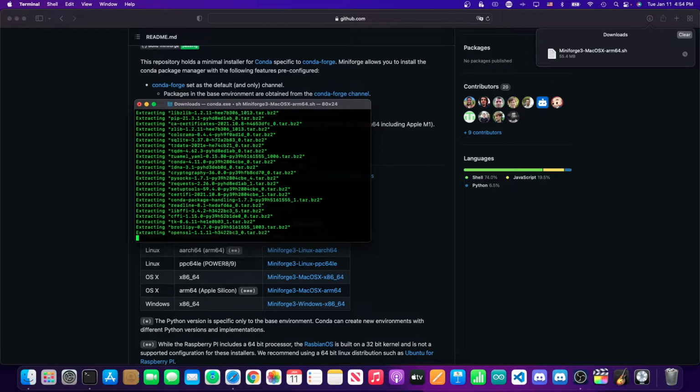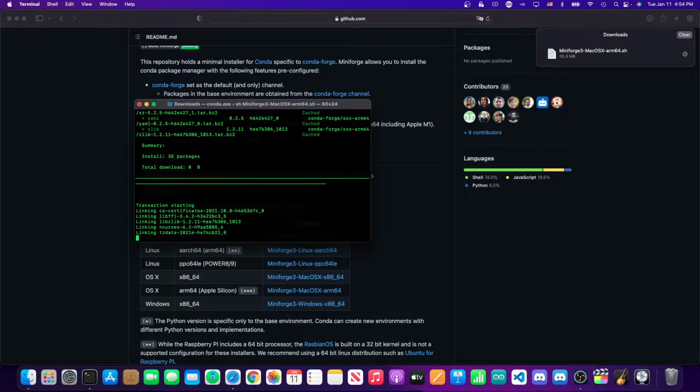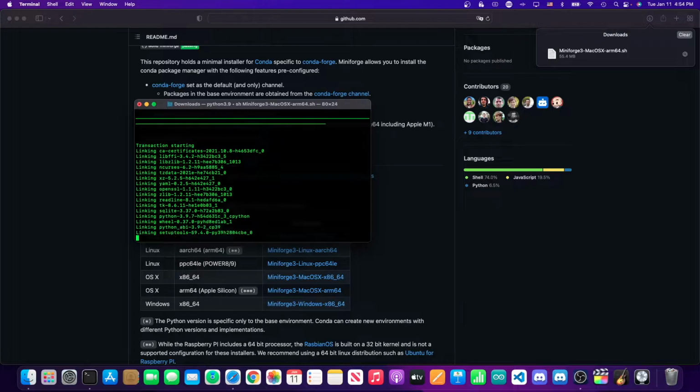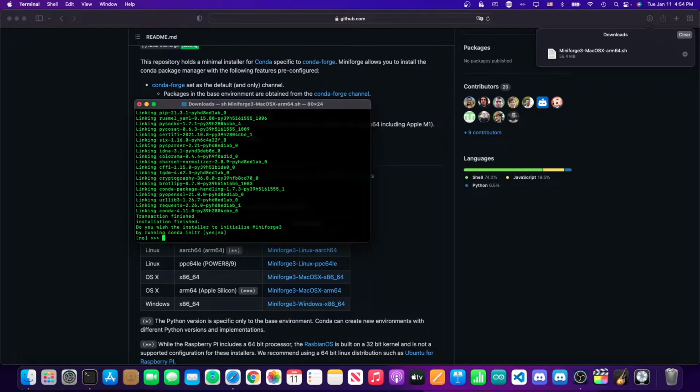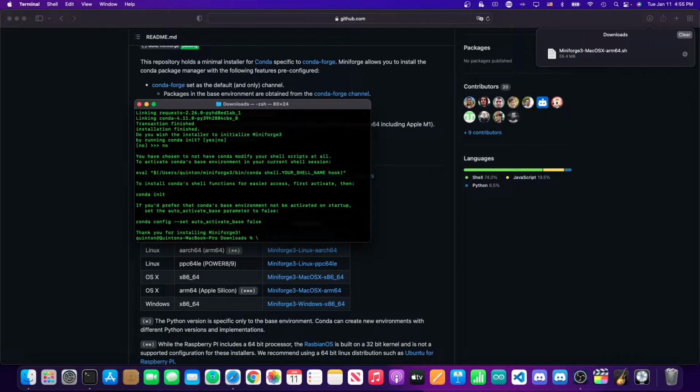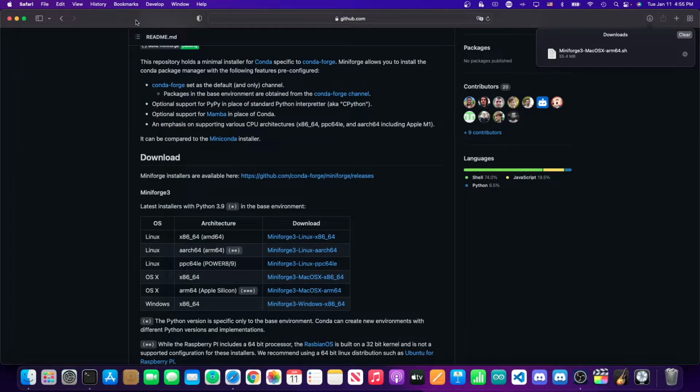It's going to gather some packages and install those. And then after it's done installing those packages, we're going to say no to initialize MiniForge 3. And thank you for installing MiniForge 3. Awesome, it's installed. The next thing we're going to install is going to be our integrated development environment, which is